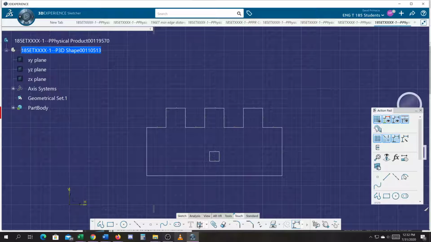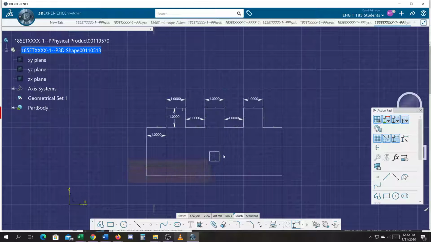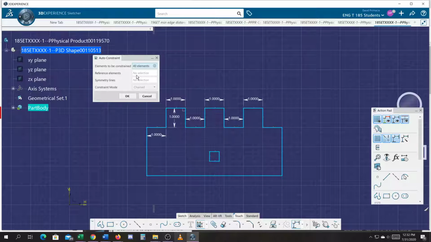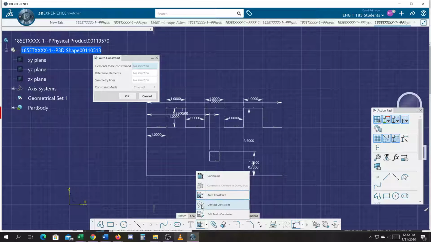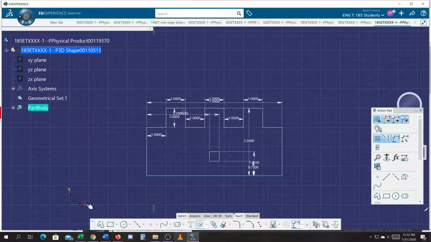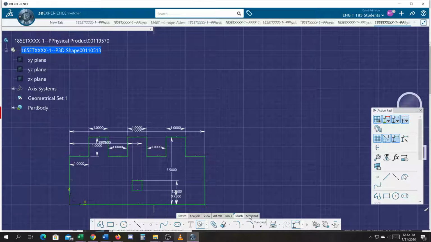And I'm going to constrain it using auto constrain, and I'm going to constrain this much of it, say OK, then I'm going to auto constrain again and reference these elements, stack it, go to coincident, exit out,